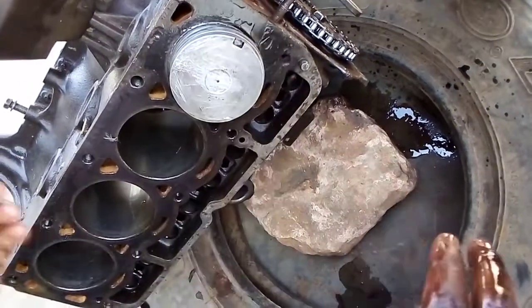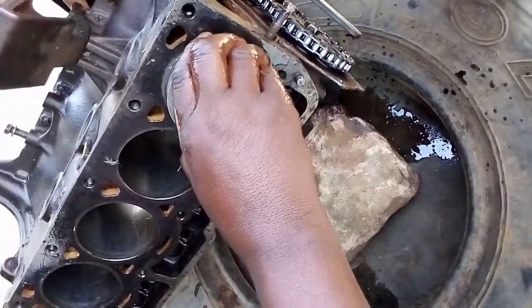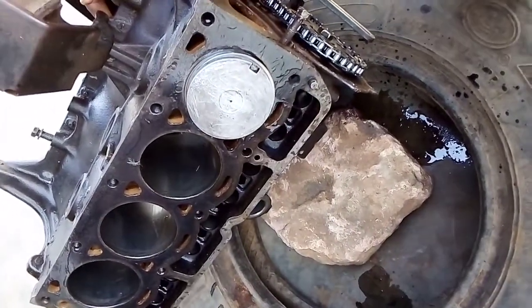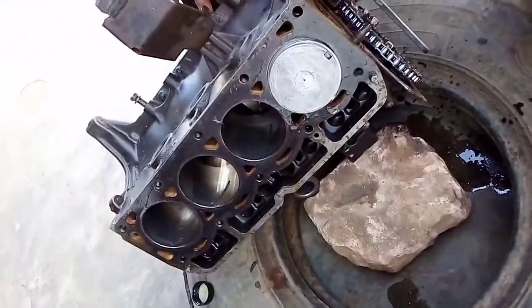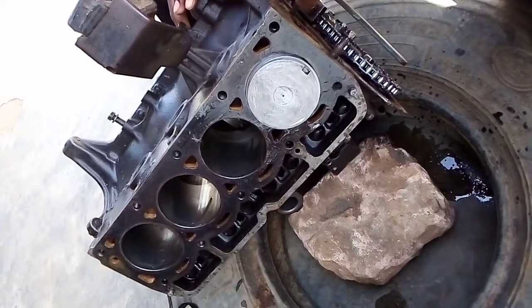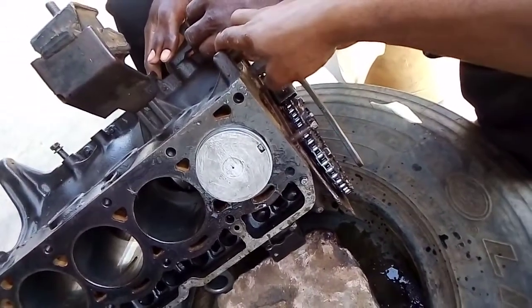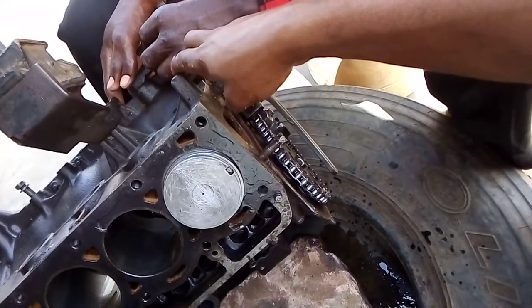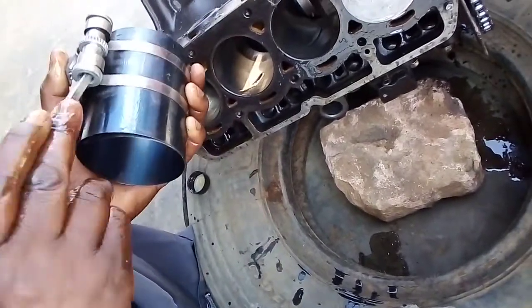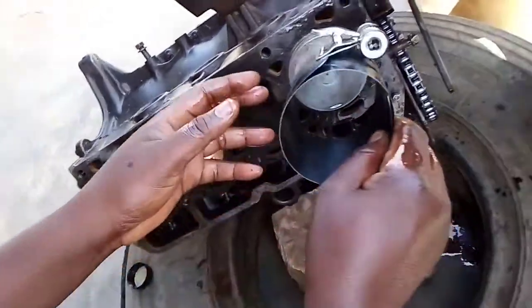Now this should be fixed this way. Then you can press by hand. Then we use the ring squeezer to fix the whole thing. The ring squeezer is slackened and reversed. Slacken this one first, so that it may fit properly